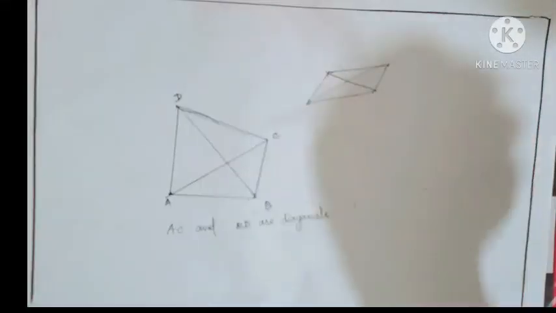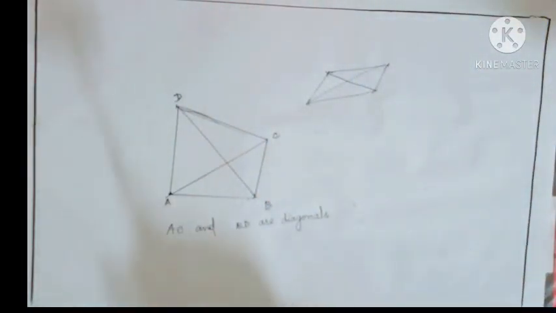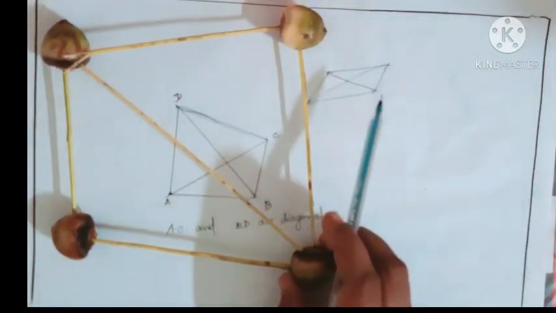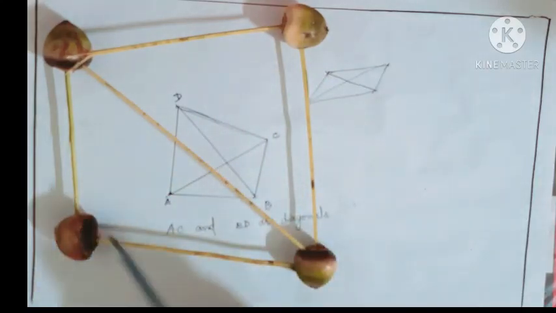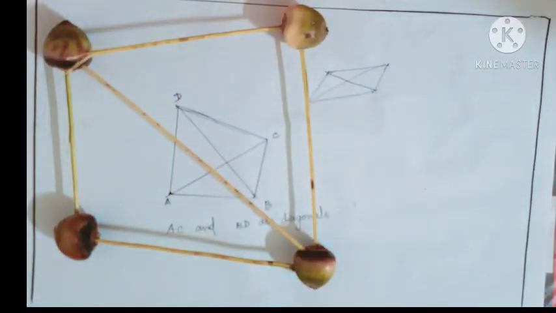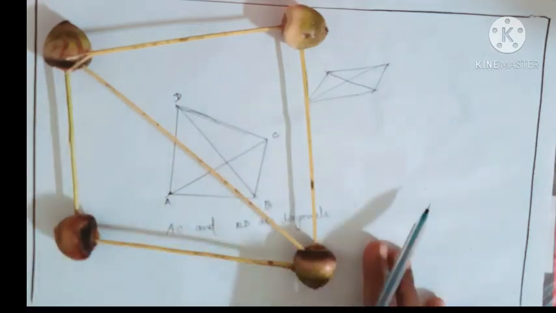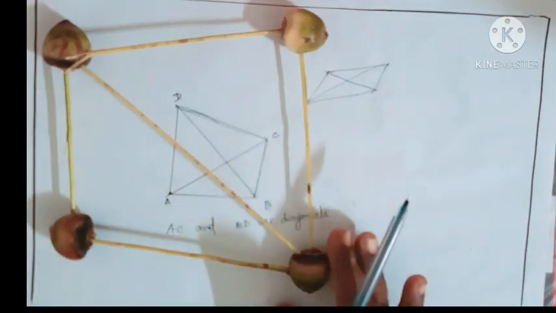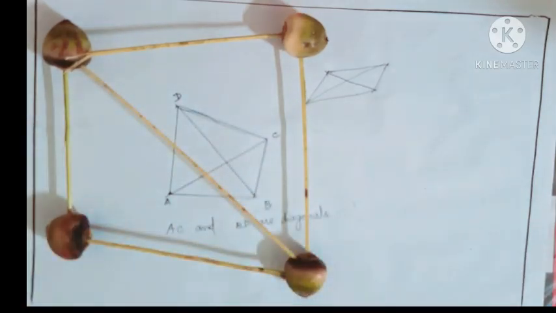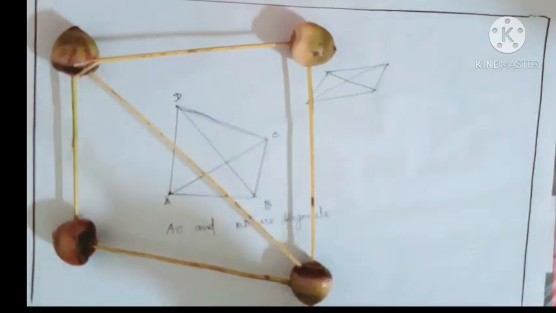So this is an activity you can do with the help of your coconut seed. Yes, can you see? I think you would have played like this. Imagine this is a trapezium and this is the diagonal joining it. You can do this as a square, a rectangle, a parallelogram, a trapezium, and find the properties on it. So you can do this activity, take a snapshot and send it to me.